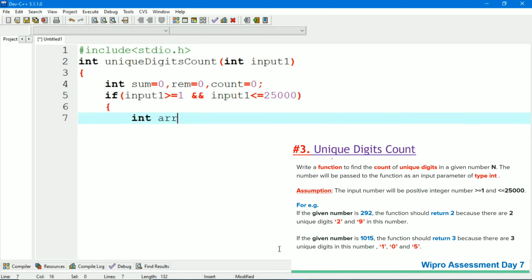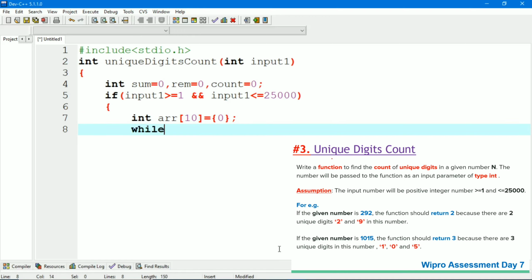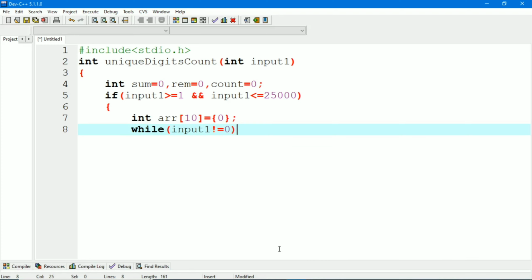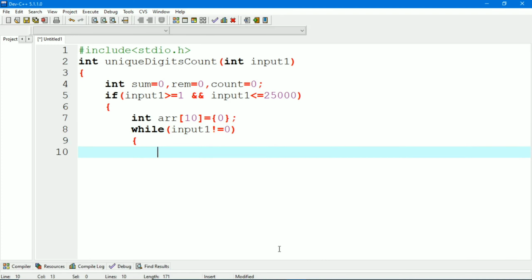After that we will declare and initialize one array which contains 10 elements. All of the elements are 0. Now while input 1 is not equal to 0, we will continue the loop.